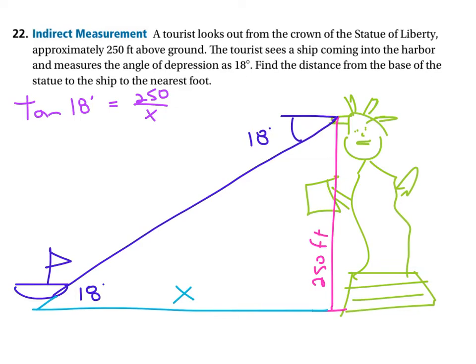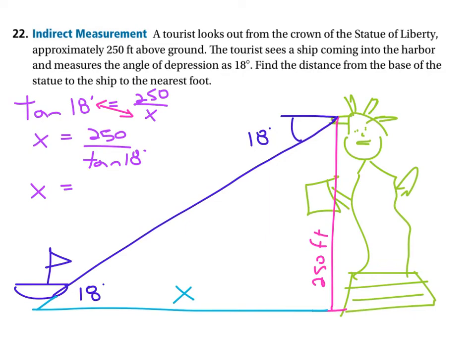How do we deal with this? Well, the hack is this. We can switch the position of these two to have an equivalent expression of x equals 250 divided by the tangent of 18 degrees. And that's handy because we want to isolate the variable, and otherwise it's a little bit tricky to do it. So now we type into our calculator